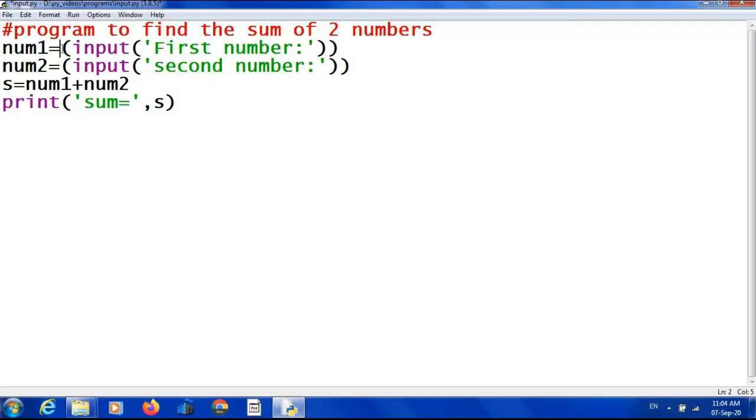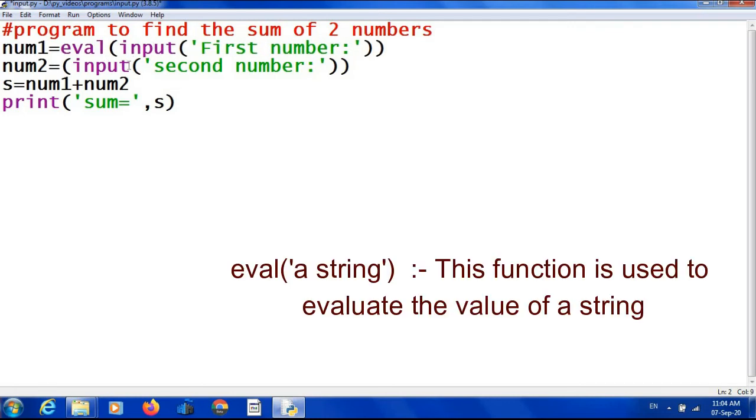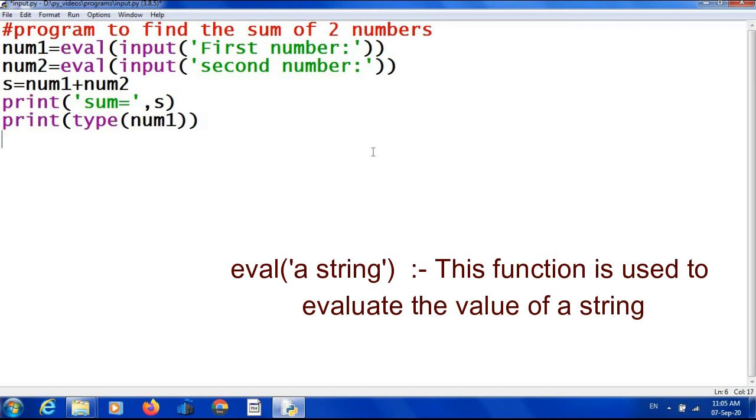Next we will see another method to convert this inputted string into a particular data type. The function for that is eval. Eval of input for the first number, eval of input for the second number. Here I am going to print the data type of num1 and num2: print type of num1, print type of num2.